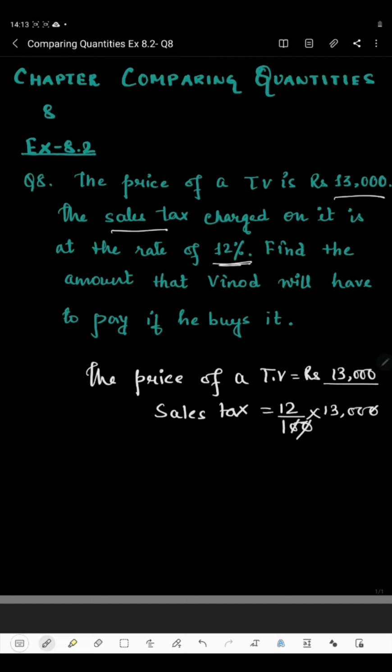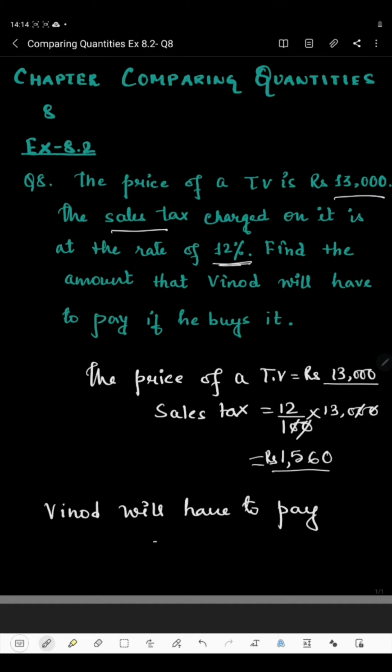So if you cut the zeros, we have 12 13s are 36, 3 carry, 12 ones are 12, 13, 14, 15, and we have 1 zero, so it's 1,560 rupees, which is the sales tax. So if a customer wants to buy this TV which costs 13,000 rupees, then they have to pay the tax also, which is rupees 1,560. So Binod will have to pay